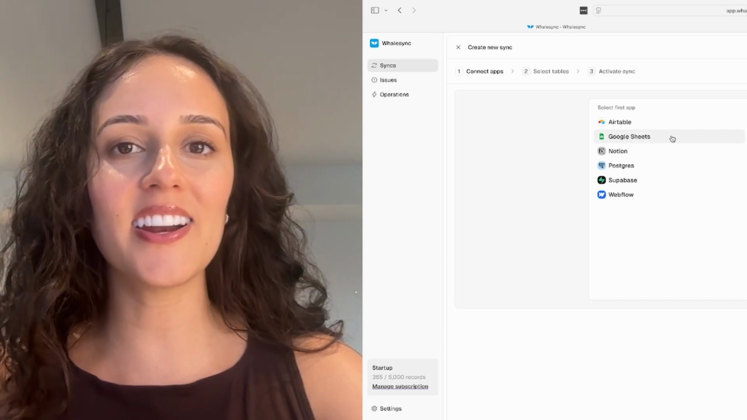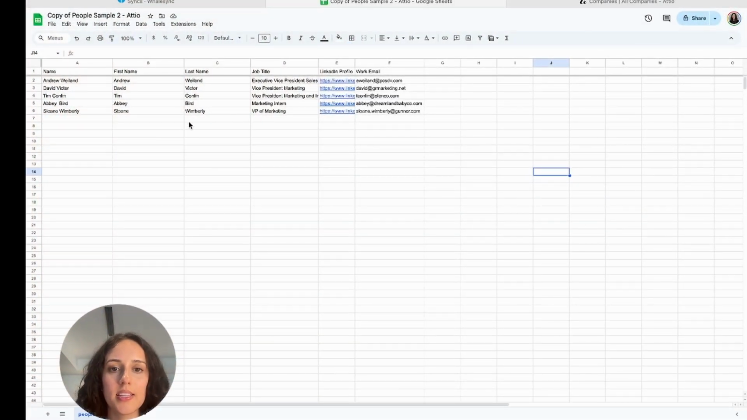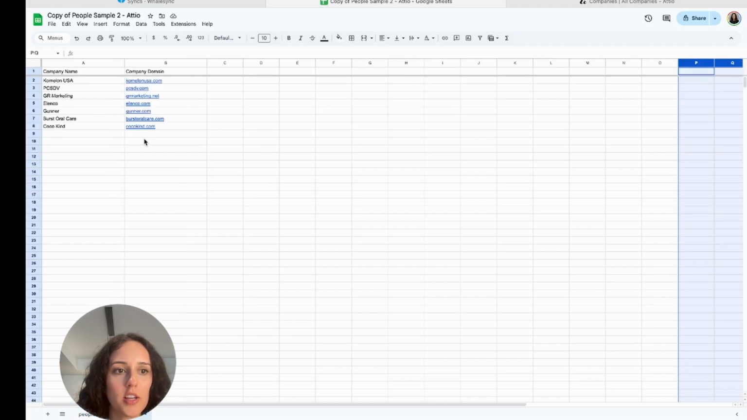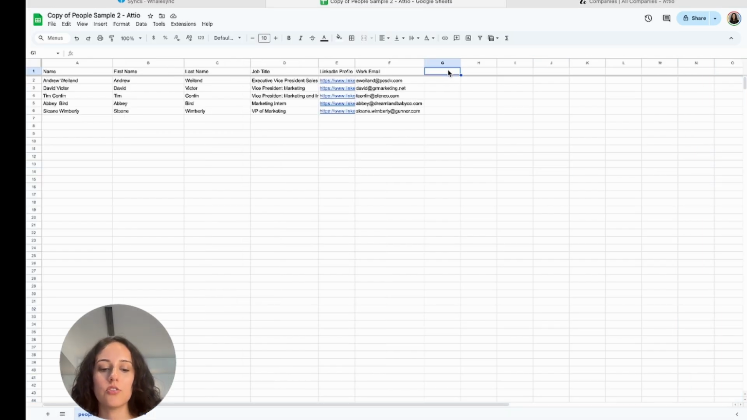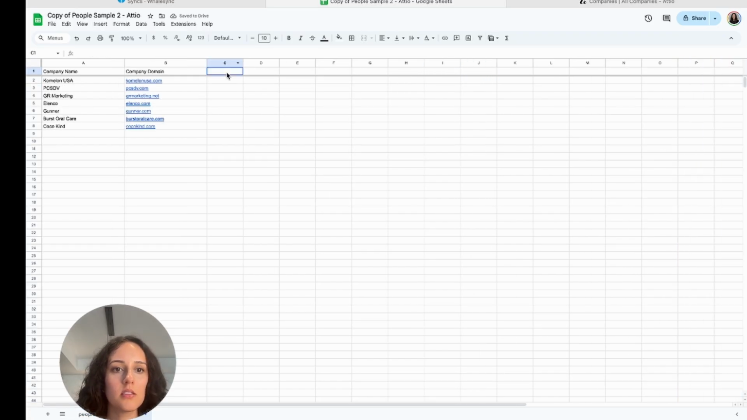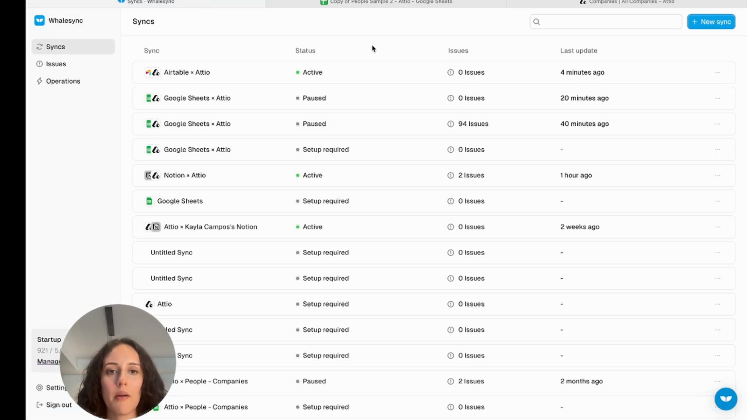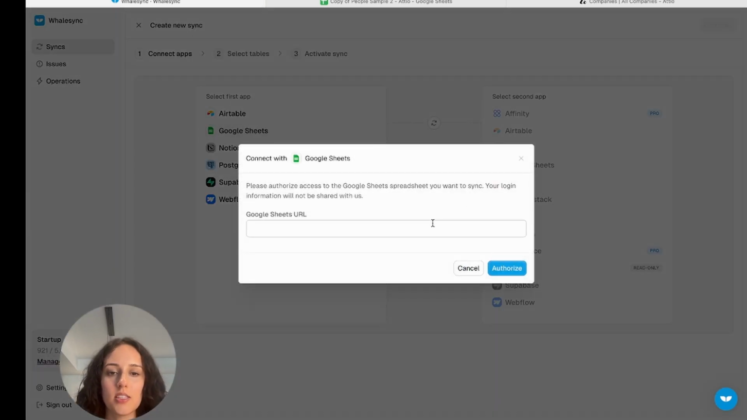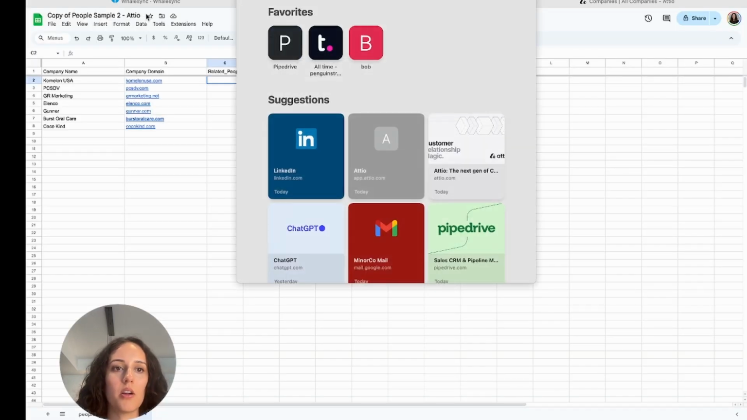So let's get started. Okay, so this is the data that I want to sync over, the people that I want to sync over as well. So we have companies and we have people. And one thing I'll just do here is related companies, because I want to set up a relationship between these people and these companies. Related underscore people. And okay, now I'm going to go into Whalesync and select New Sync, Google Sheets, copy this URL,